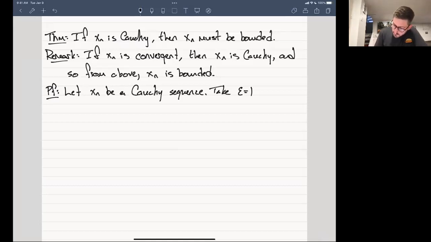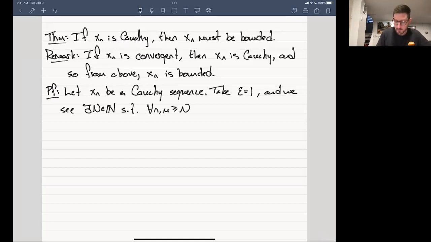We take epsilon equal to 1, and so we see that there exists a capital N such that for all n and m greater than or equal to capital N, we have that |xn - xm| is less than 1. That's the definition of Cauchy. The only thing that changed here is that I picked a specific value of epsilon. So in particular,